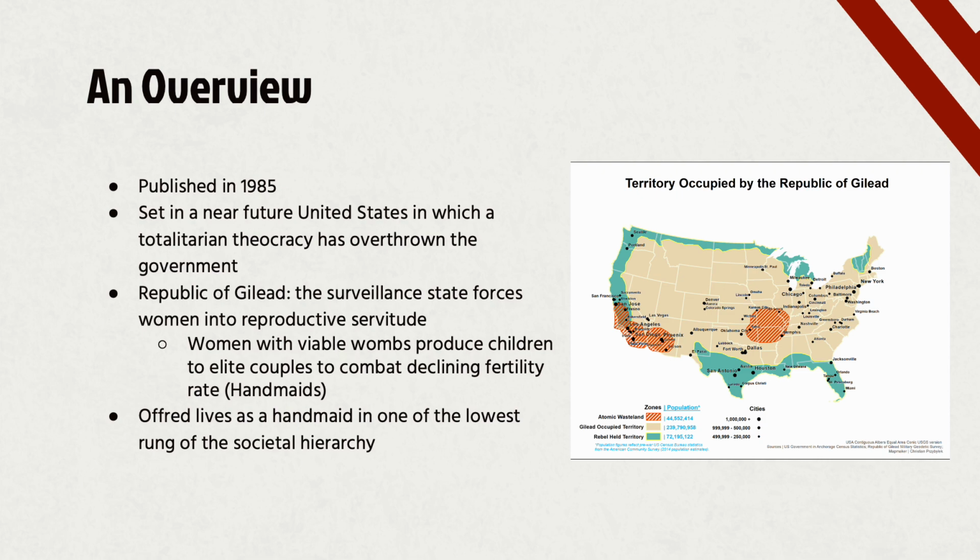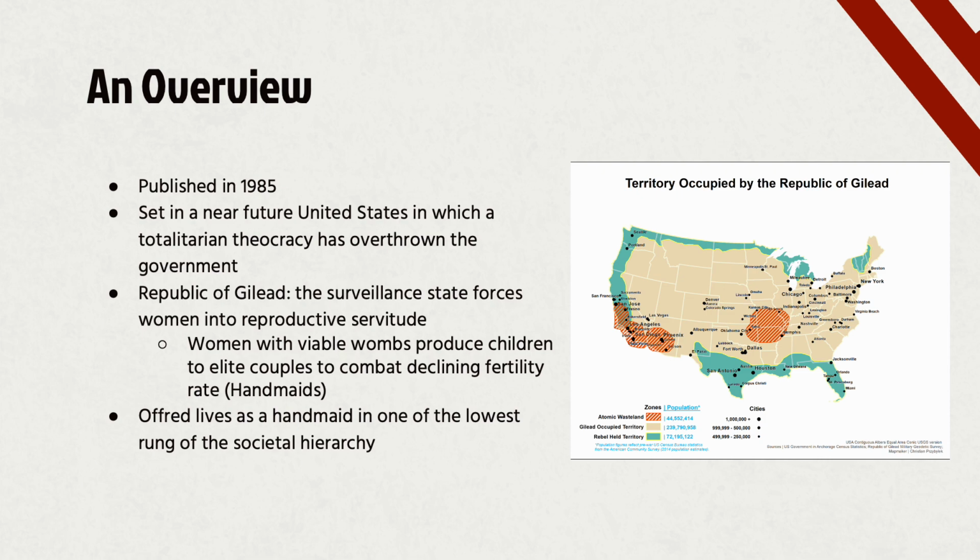The cast of characters is mainly female dominated, but our main character or protagonist is known as Offred, and she used to live a normal life prior to the overthrowing of the government. She had a husband and a daughter and was well off on her own. However, now in the Republic of Gilead, she lives as a handmaid, which is used to reproduce, and she lives with a man known as the commander and his wife, and she exists to provide a child for them and bear the child for them.